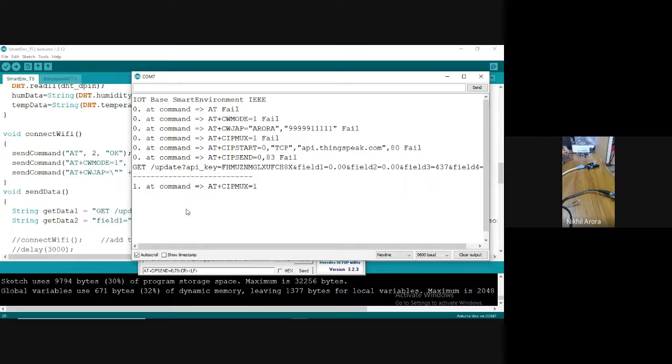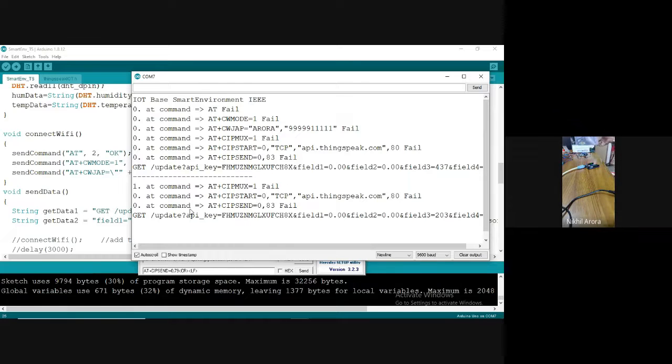Why is it failing? Because I have not connected the ESP module. Without the ESP module, how will they communicate? So we should connect the ESP module now, then only they can talk. I need 3 wires: TX, RX, and ground.